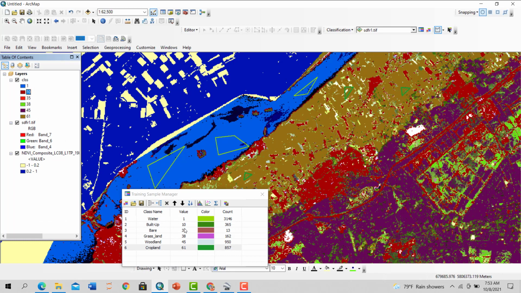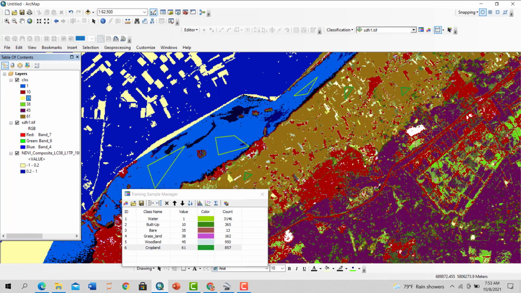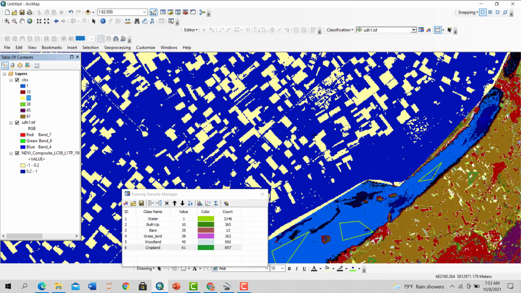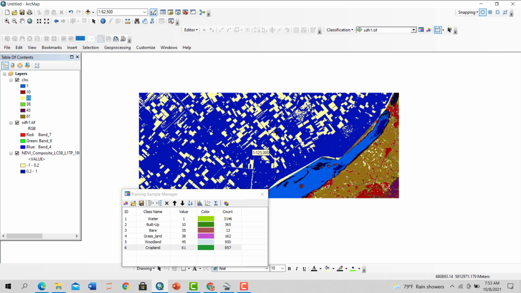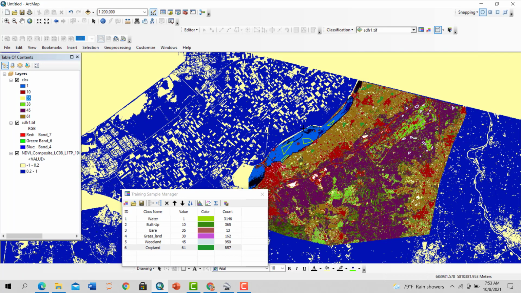Okay, then the third one is bare soil. Bare soil, make it yellow. Okay, so you can see these are all bare soil. I think our classified image is, oh yeah,